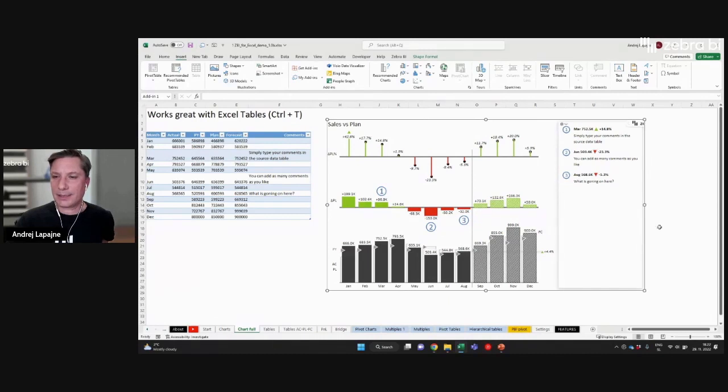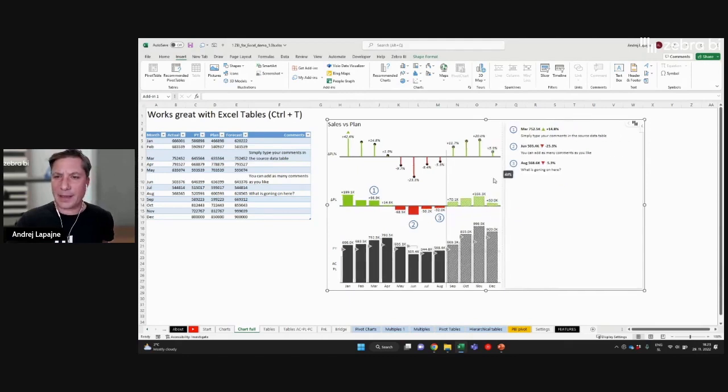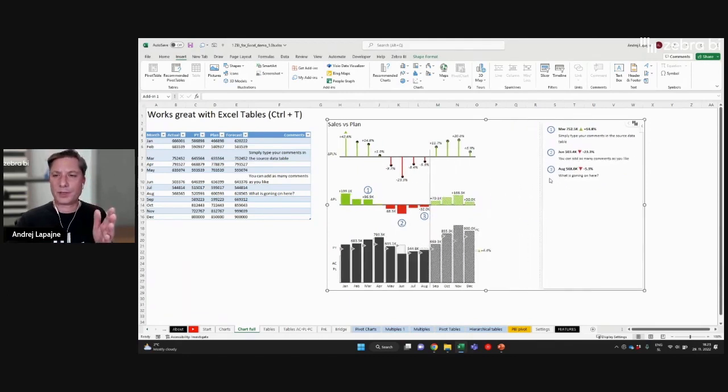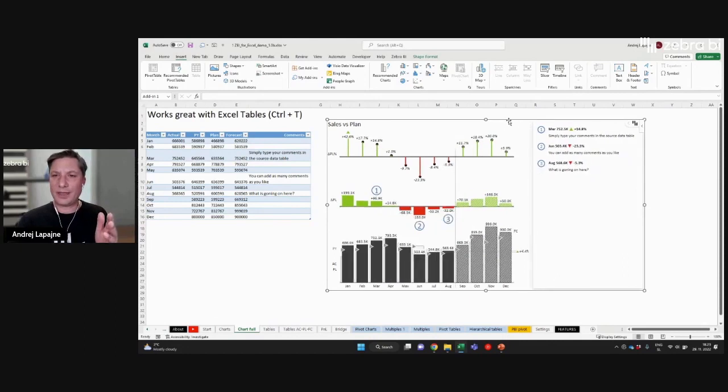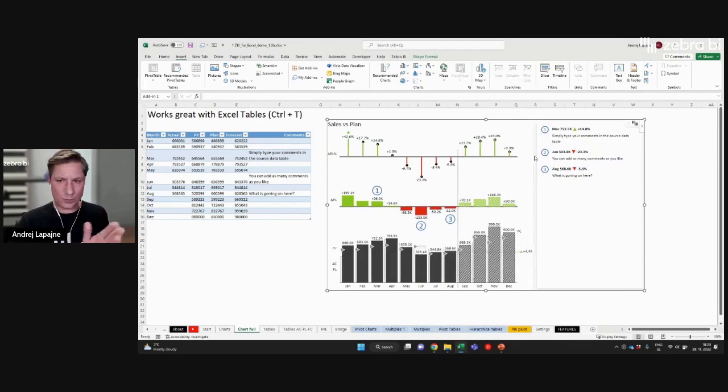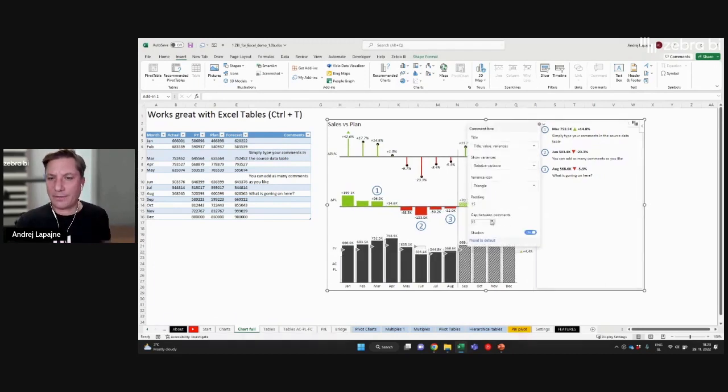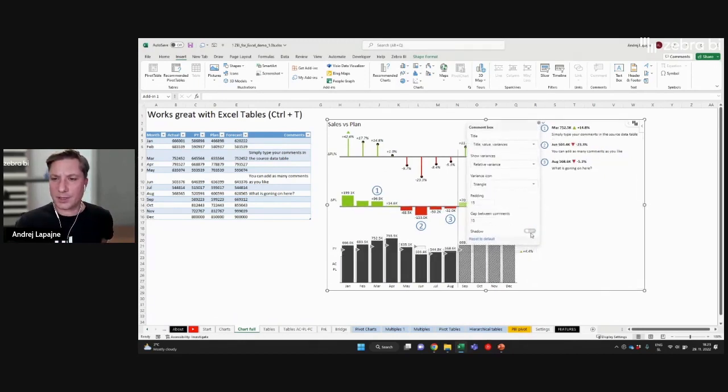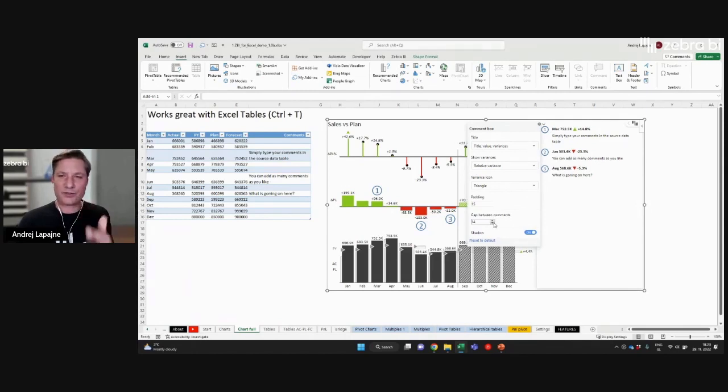As you see here, this area with the comments, this is called the comment box. This is extremely dynamic, so you have all the options to design everything within the same visual. You can make it wider or more narrow, and then you have a lot of additional options, like having a more material design with shadows, and practically control every pixel on